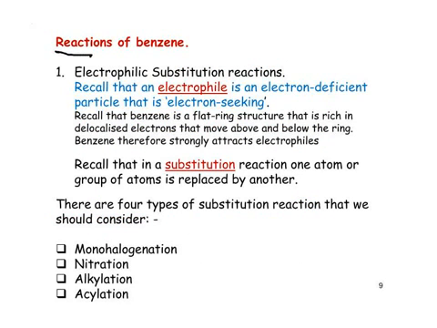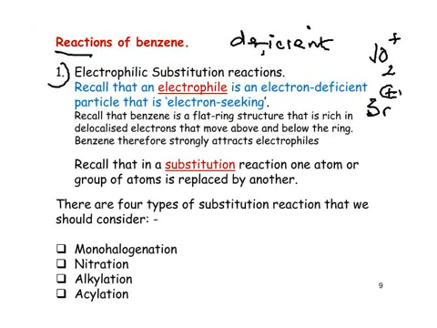Now, the reactions of benzene, and this is the most important: electrophilic substitution reactions. What's an electrophile? Well, an electrophile is an electron deficient species. It will mostly be positive, so we'll come across electrophiles like the nitronium ion, NO2+, unusual electrophiles like the Br+,